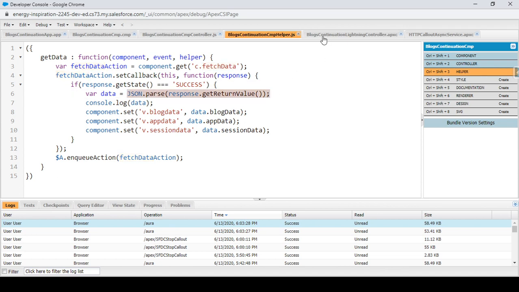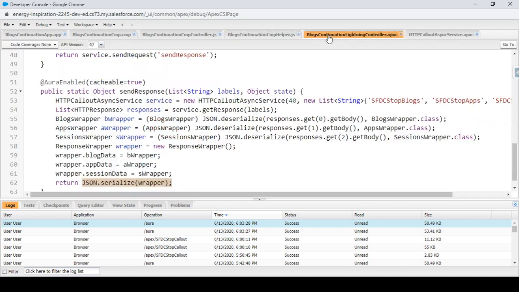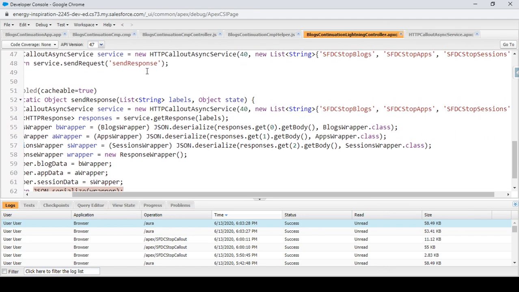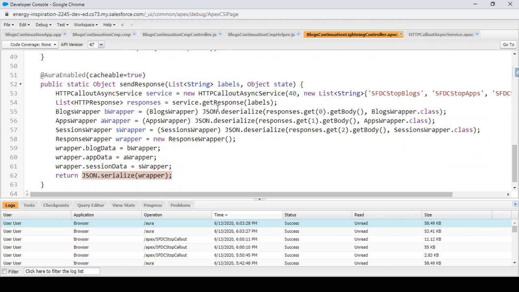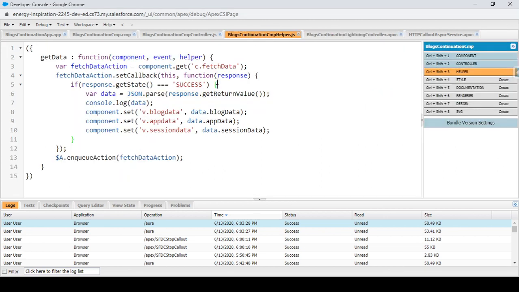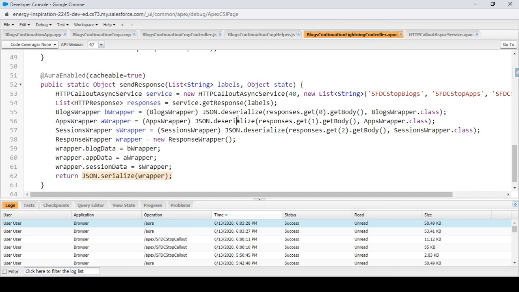So this response that I am getting here is actually not returned from the method that I called, but it is returned from the method that was receiving the callout response, right? And this return value that I am returning from here is automatically received by my lightning component as a return value from fetchData. So all that is happening behind the scenes, and it is implemented by Salesforce when we are using continuation, right?